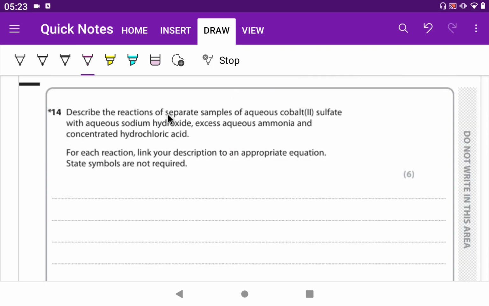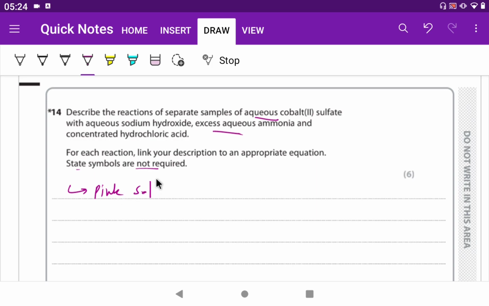So describe the reaction of separate samples of aqueous cobalt 2 sulfate with aqueous sodium hydroxide, excess aqueous ammonia, and concentrated hydrochloric acid. For each reaction, link your description to appropriate equations. State symbols are not required. The first, cobalt color changes. Okay, so the first is